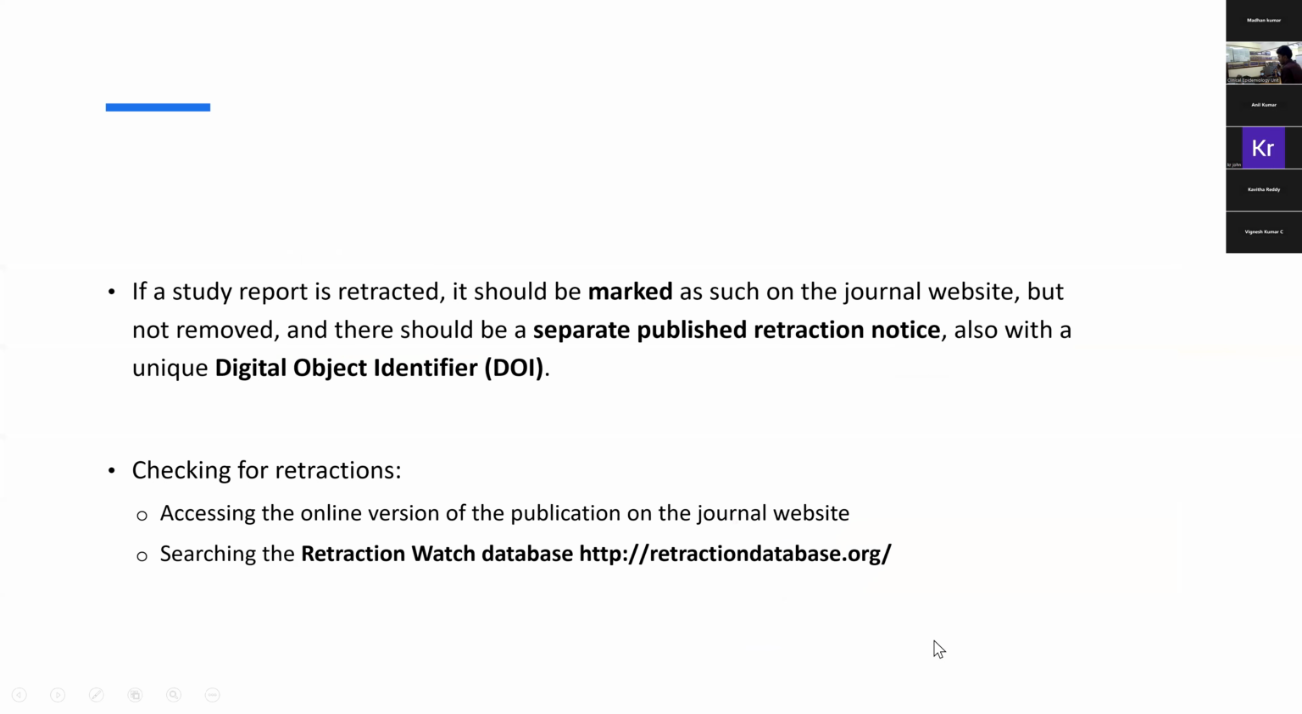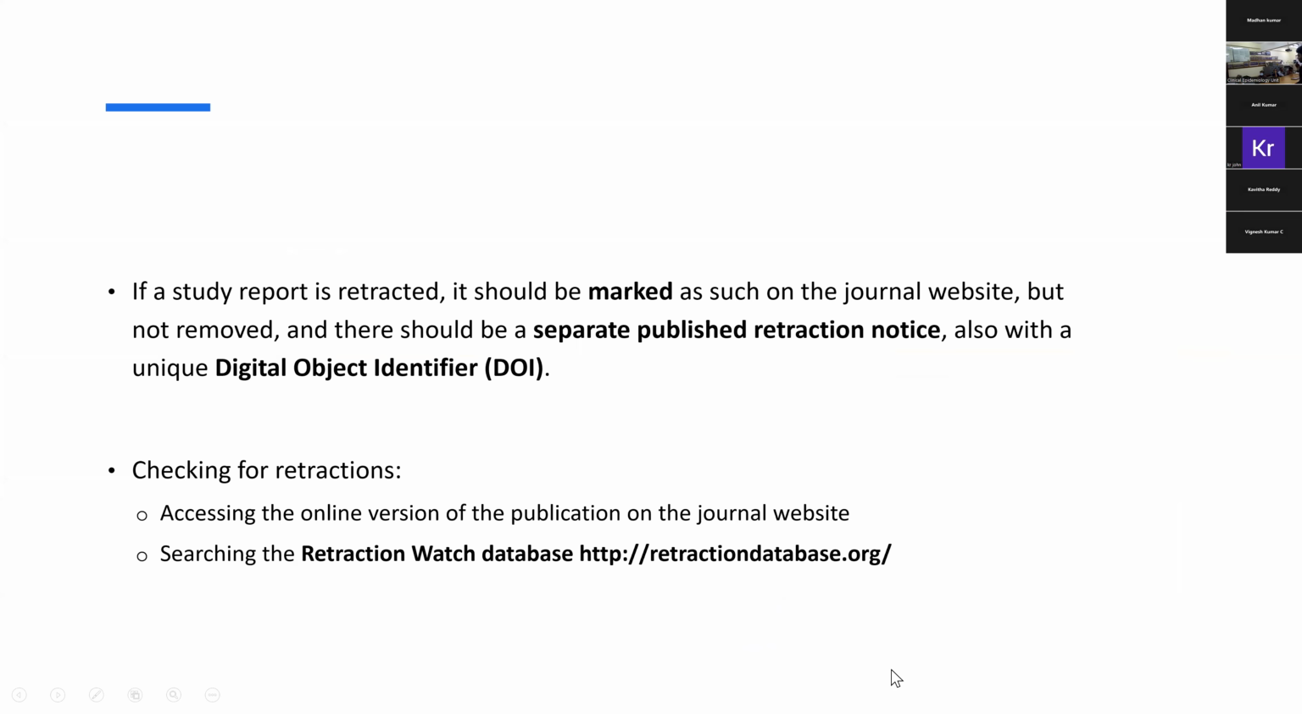And if at all a study is retracted, it should be marked as such on the journal website, and there should be a separate published retraction notice with a unique digital object identifier on the research journal website. So again, I'd like to emphasize that of the methods of checking for retraction, one involves checking the online version